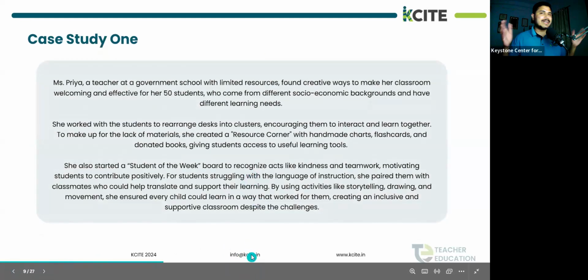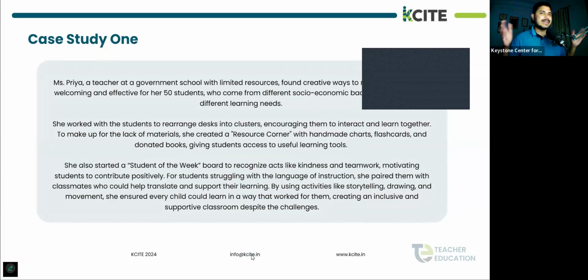How do you see this? Is this a kind of learning environment that